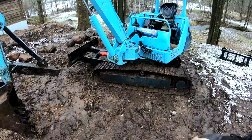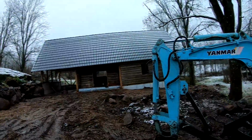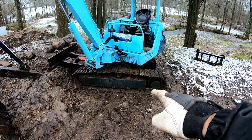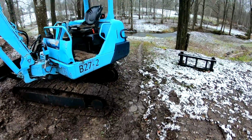And I did the same thing on this side, and I think this was back in July or something like that, before I actually started this build. And it's been working fine ever since then. This track has not come off ever since then. But yeah, that track came off yesterday, and